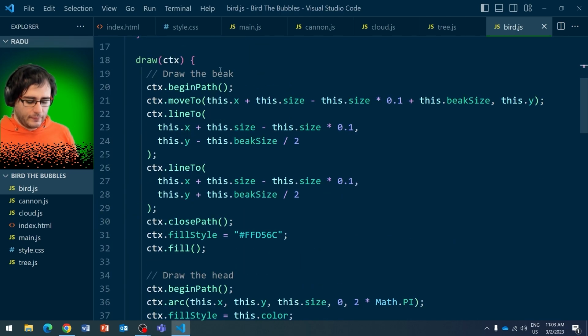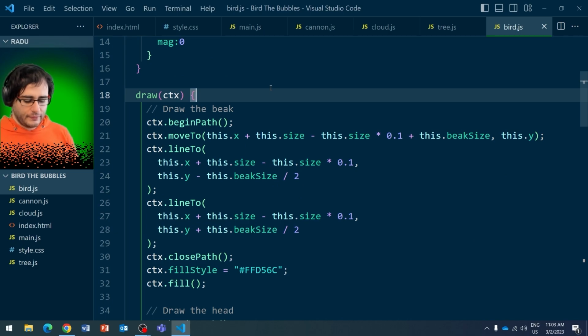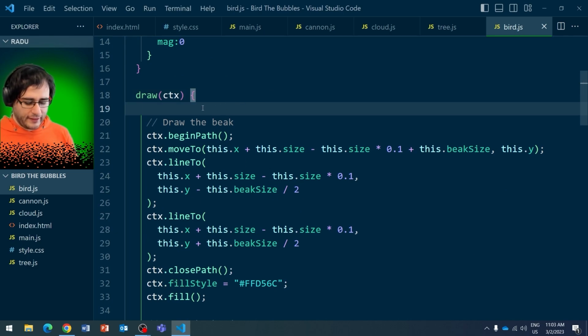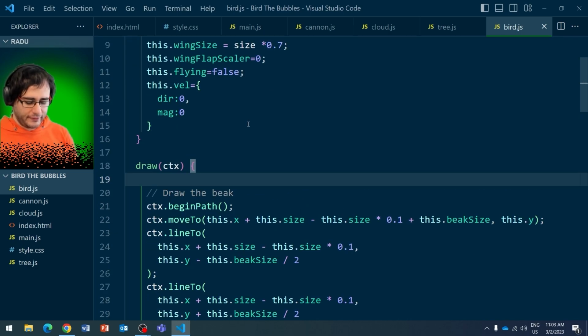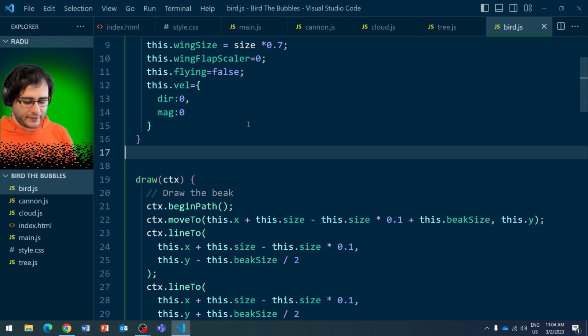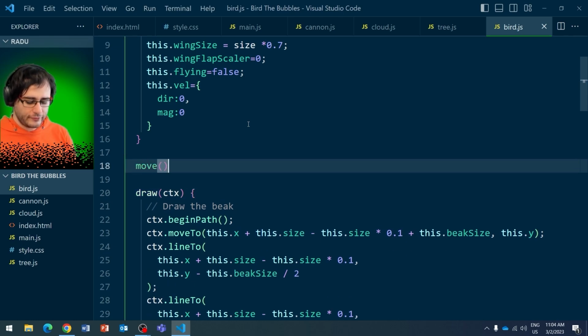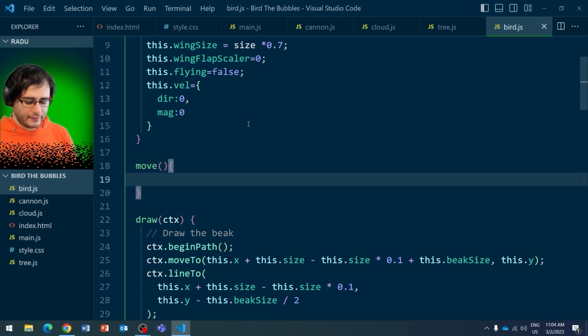But when moving, this draw now acts as a kind of an update function here. So I'm going to modify x and y with the velocity. I'm going to extract this as a method, move, and